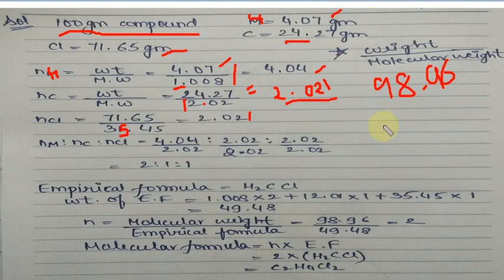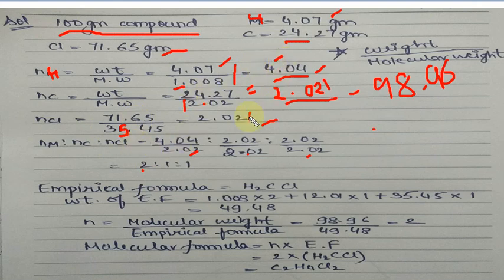Now let's move to the fourth step. We have to convert them into the smallest number, meaning if something common divides them, that will be done. So as you can see here, this one and this one are exactly equal, and this is nearly double of this one. So when we divide all three terms by 2.021, we will get here 2, as you can see. So when we divide with 2.02, we will get 2:1:1.